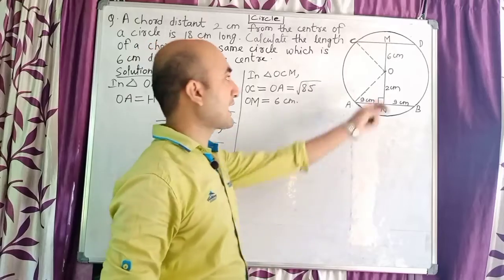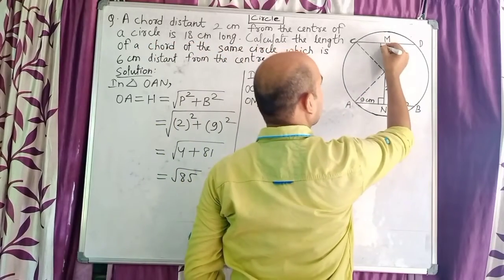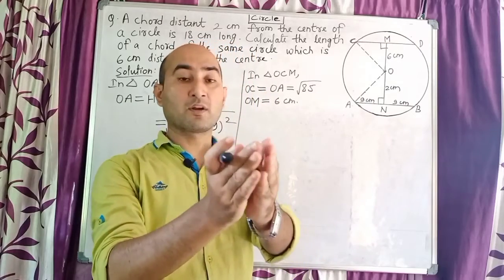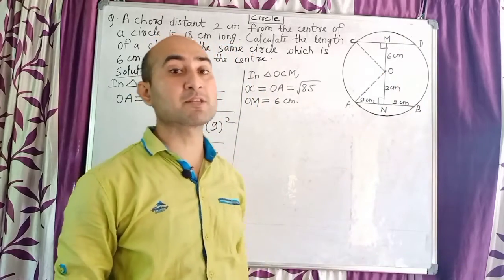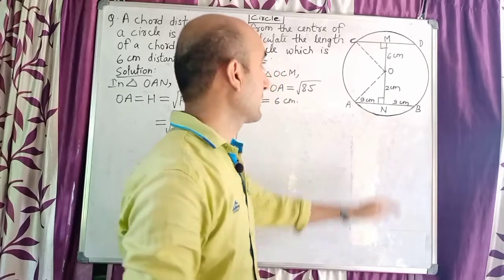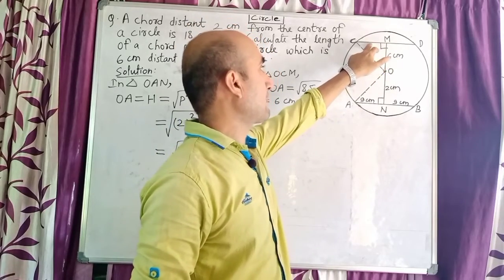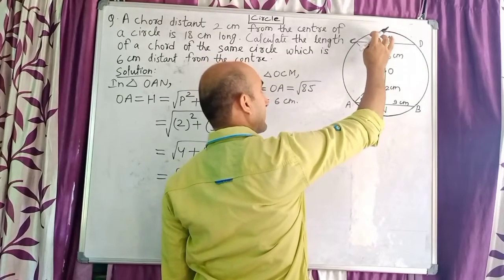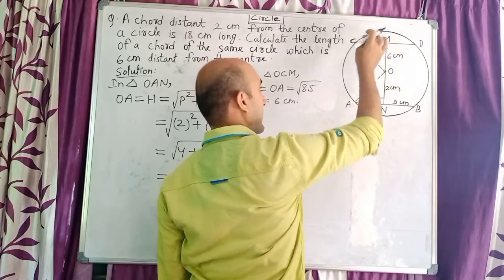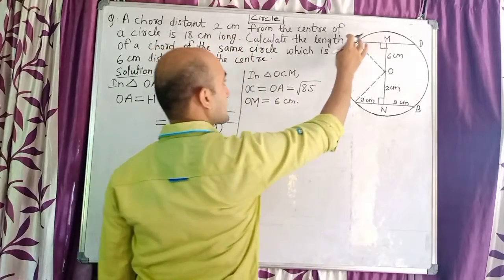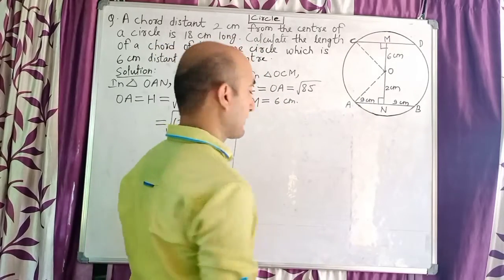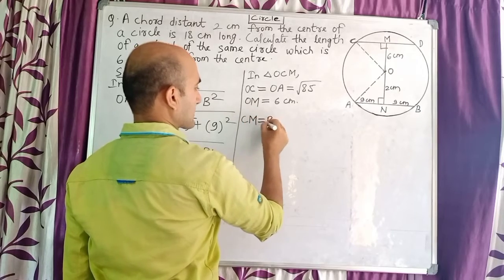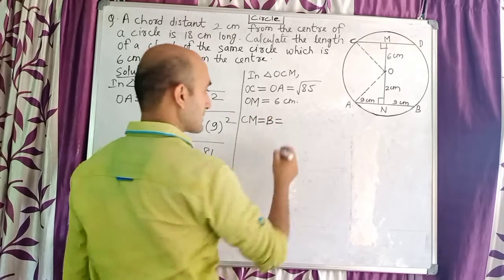So here what I will do, you know, this is 90 degree because any line coming from the center and touching the chord bisects the chord equally into two halves, and it is perpendicular. Perpendicular means it makes 90 degree. So if 90 degree is here, this can be base and this is perpendicular, or you can interchange also. This is your perpendicular, this is base, but I will take this one as base. So I will find CM because this is my question to find. So CM means I am going to find base, and base formula is